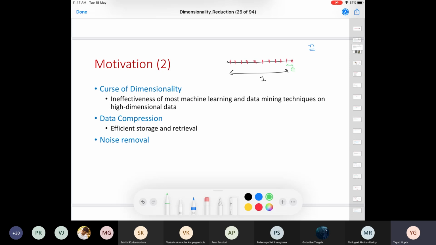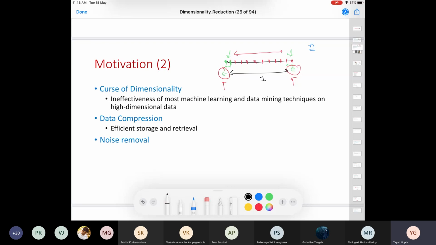There are two portions of this data set, basically the corners of this unit length vector, and I'm going to sample some data points from these small epsilon portions. You can also sample from this middle region. Can you compute the probability that the samples are drawn from the middle region? Any ideas?